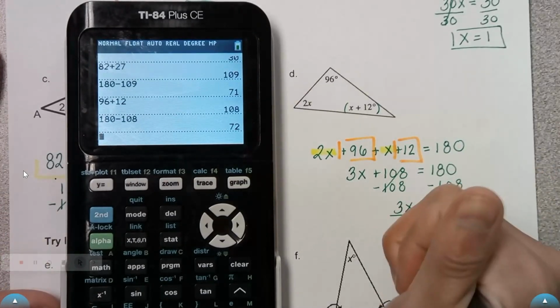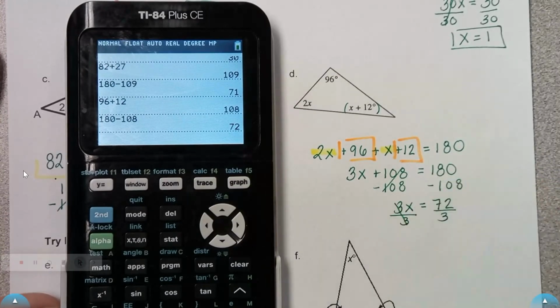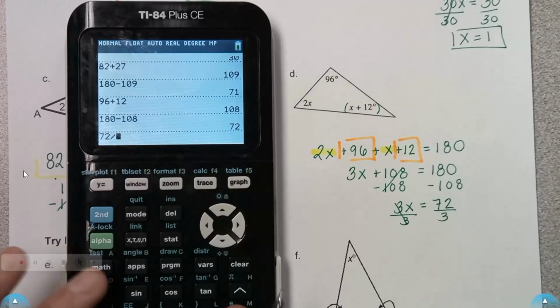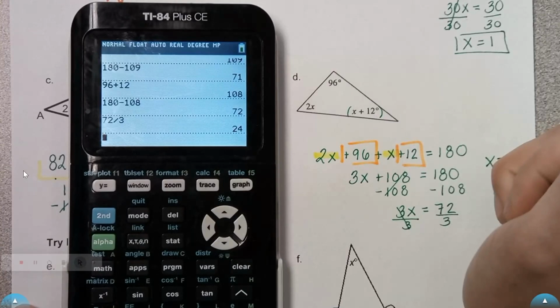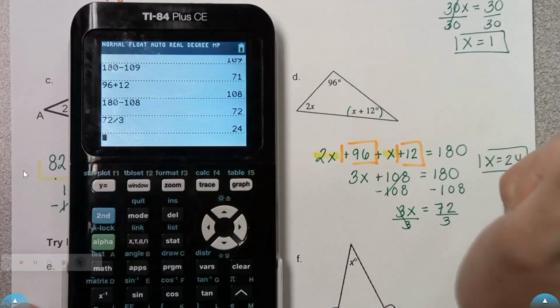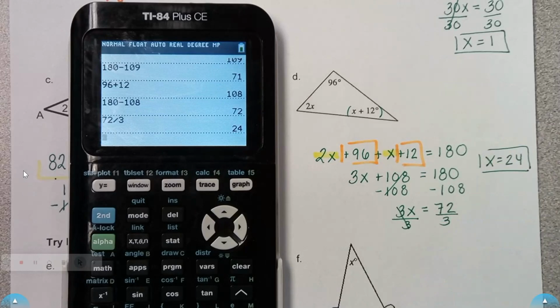And then I'll divide by 3. So 72 divided by 3, I get 24. So I'll put it over here. X equals 24. So remember, I'm doing all of that work to figure out what x is, because then I have to plug it back in and figure out what the angles are,